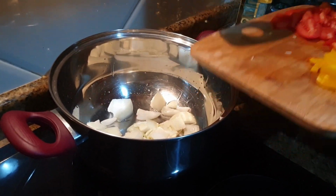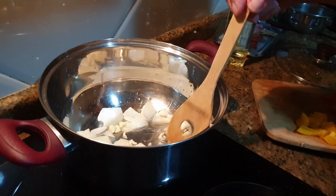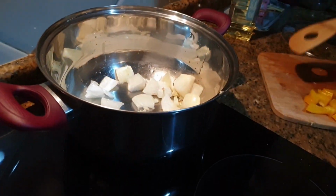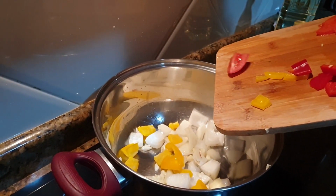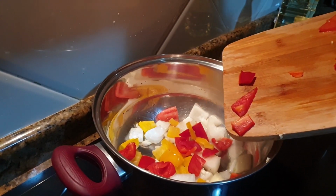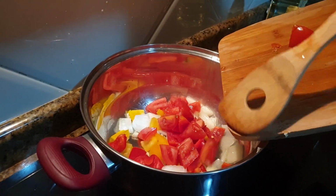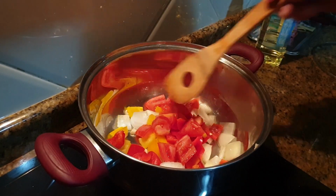about 3 minutes till they start to become a little bit soft, a little bit translucent, and then we can move on to the next step, which is pop in the peppers. Well, that sounds good, doesn't it? Pop in the peppers. Pop in the tomatoes too, don't forget them, at least 2 of them. Now we'll give this a mix round,